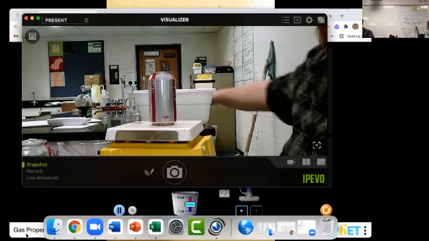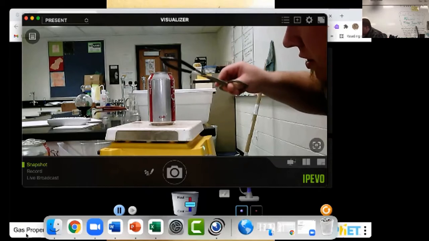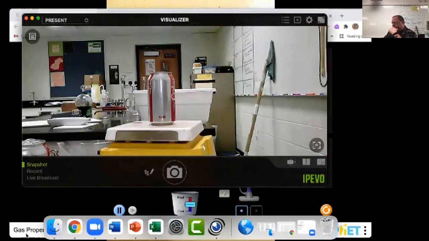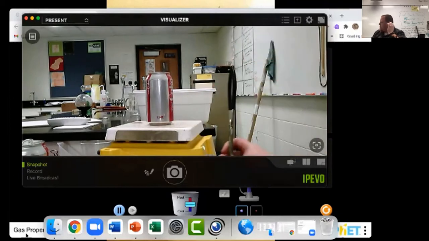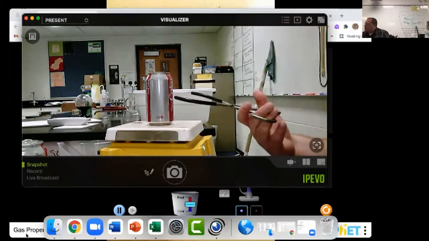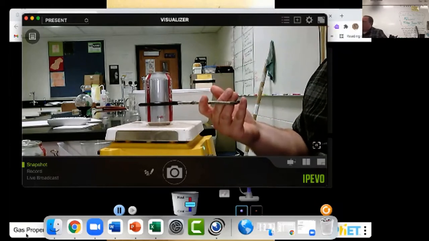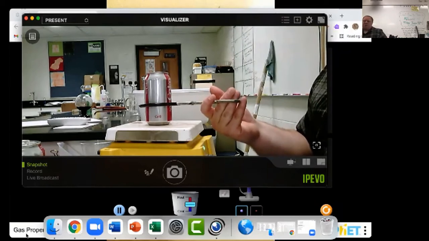Okay, so I think it's hot enough here. You can see I see a little steam coming out. Not quite hot enough. Give it a second here. Come on. All right, I think it's hot enough now. I can hear it bubbling. I put just a tiny bit of water in there just to make sure I knew it was hot. All right, so I'm going to take it and basically flip it over so I can actually seal it off and then dunk it in the cold. Ready? 3, 2, 1.